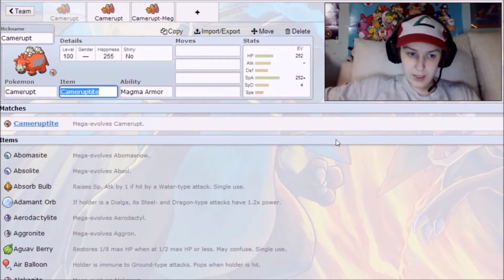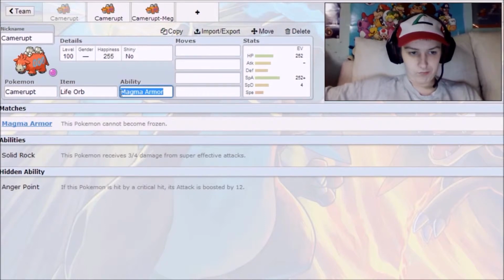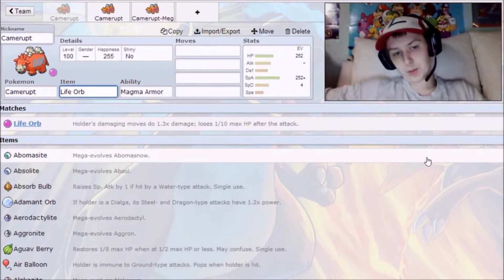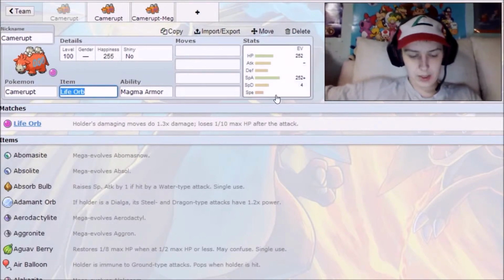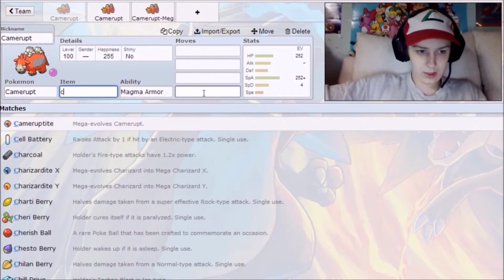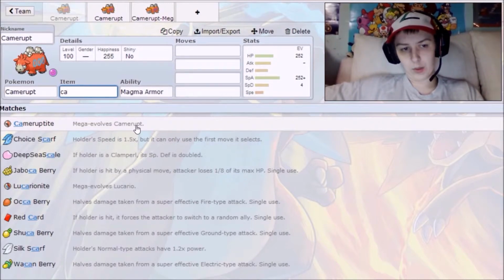If you don't want to Mega Evolve him, I'd say your only real choice here is Life Orb. Life Orb's a good solid choice. Boost your moves. You'll be taking a bit of recoil, but it's alright. But for the most part, I recommend Cameruptite, unless you just don't want to use up your Mega Slot with him,